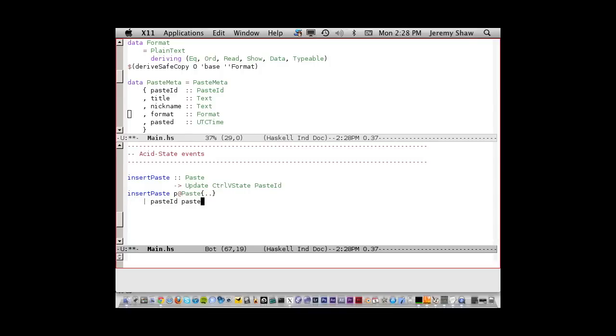So we said that if the paste ID equals 0, then we want to consider this to be inserting a new paste, and we want to give it a new paste ID. So we'll match on that case first. State. So first we'll get the current ControlV state, and then we'll update the pastes and put in the IxSet, where we will insert that new